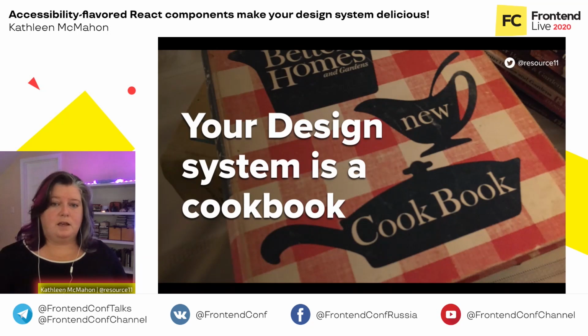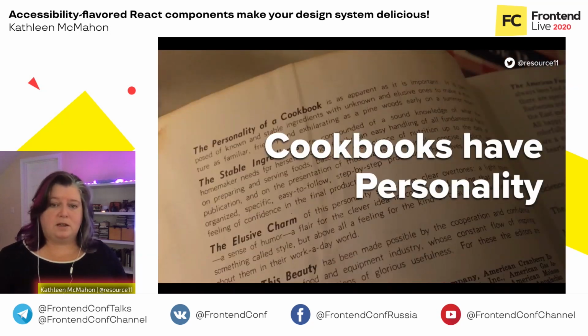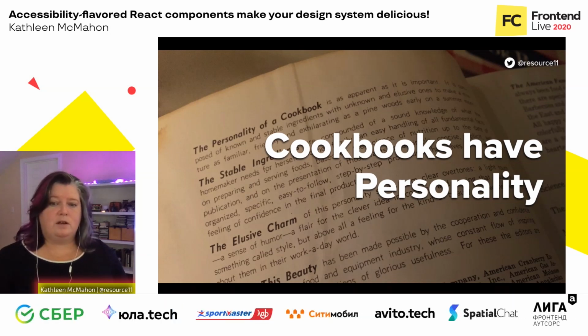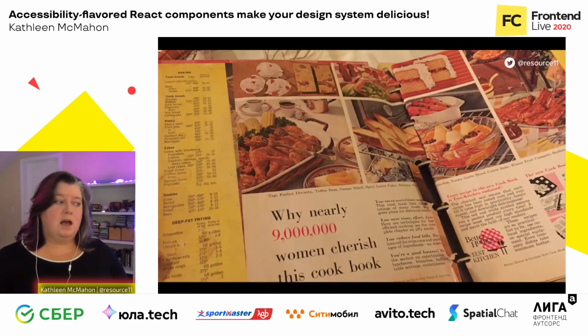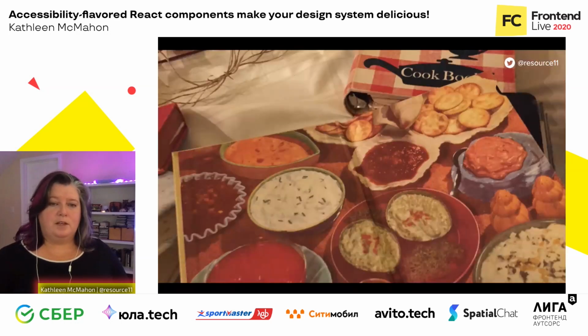I like to say your design system is a cookbook. And cookbooks have personality. My mom is a serious fan of cooking. And lately, I've been enjoying digging through the cookbooks she's collected over the years and reading how the recipes have evolved over time. If you take a look at some of the cookbooks published in the 1960s and look past the outdated views, you'll find some interesting recipes,